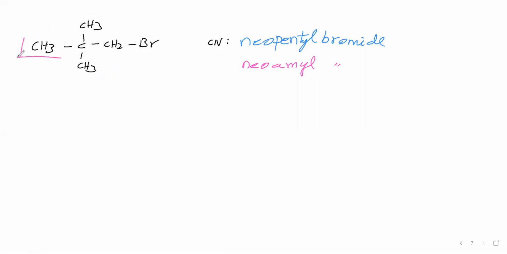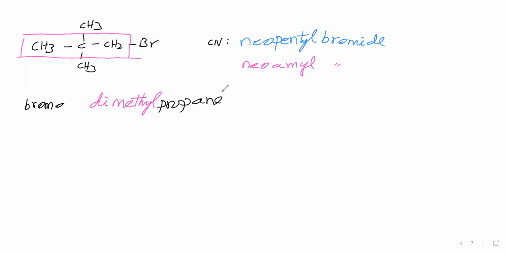Our common name is over. Now the IUPAC name we are seeing. We have selected the parent chain. Now we will say the branch. Branch is 2 methyl groups, that we will say as dimethyl. Then bromine name we are saying as bromo. Then parent chain contains 3 carbon atoms, that we are saying prop. Carbon-carbon single bond, that we are saying ane.